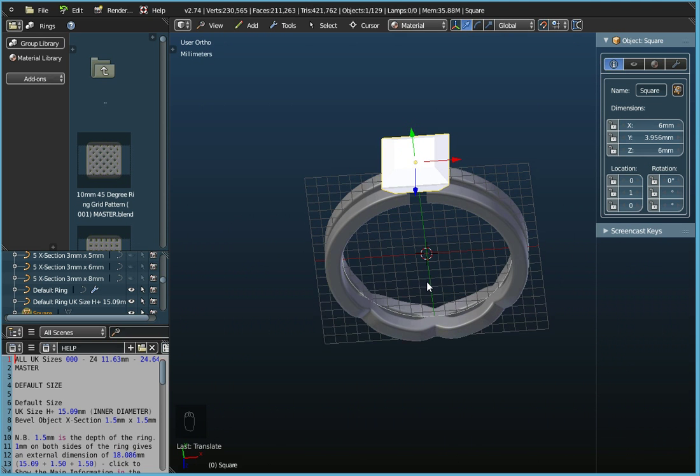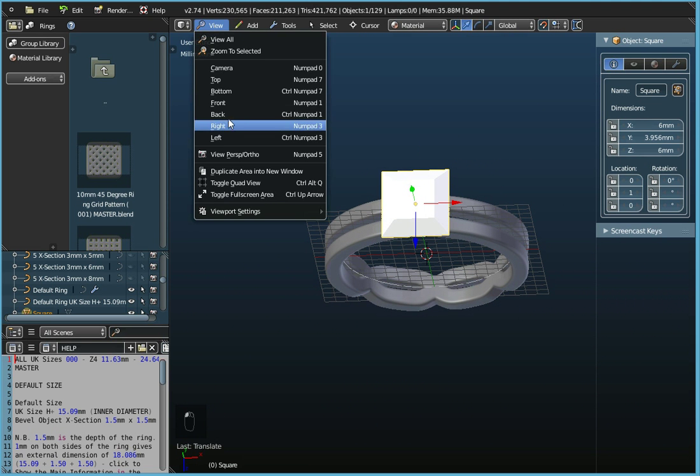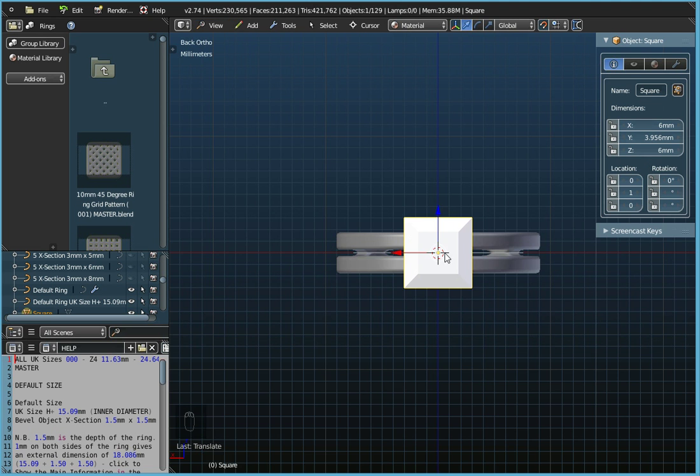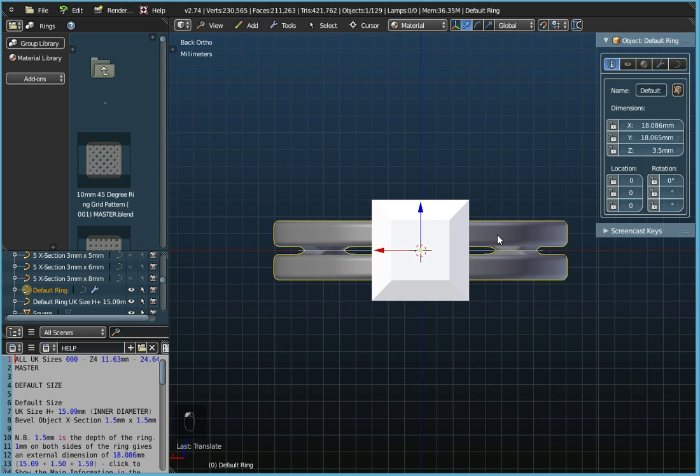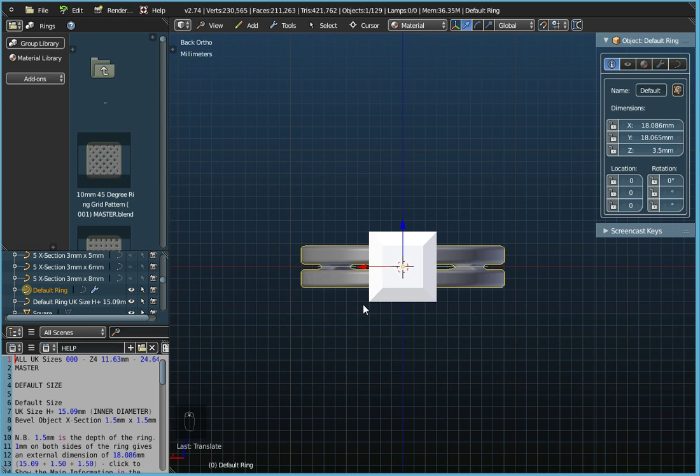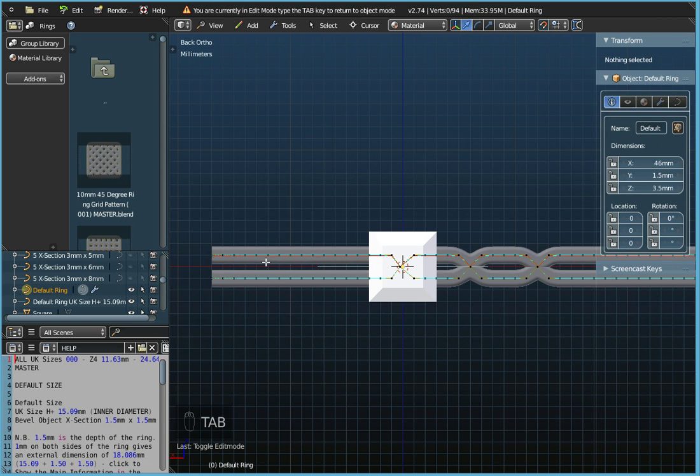So now what do we want to do? Well, if we go to View and Back View, we're looking down on the gem here. And essentially what we want to do is move this part of the shank up, this part of the shank down, this part up, this part down. So we're sticking with that view at the moment, and if we press the Tab key on the keyboard to go into edit mode,